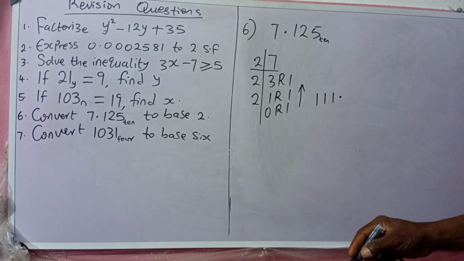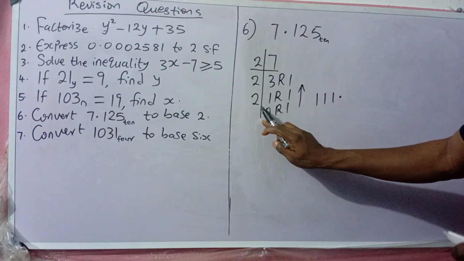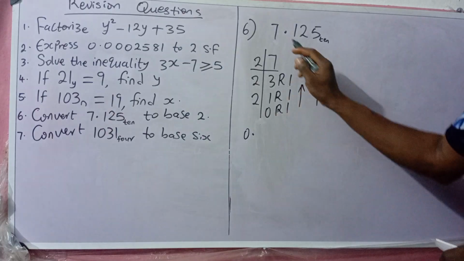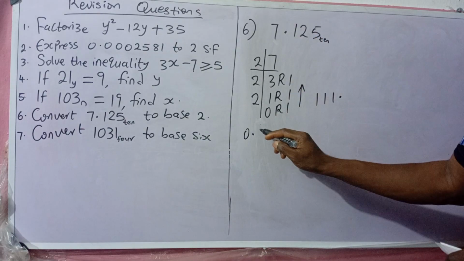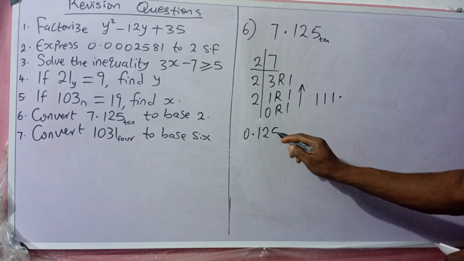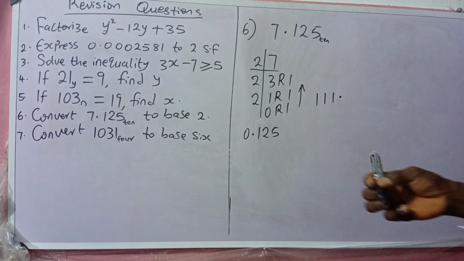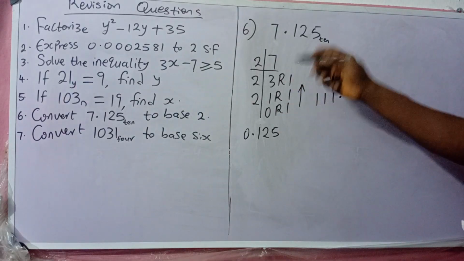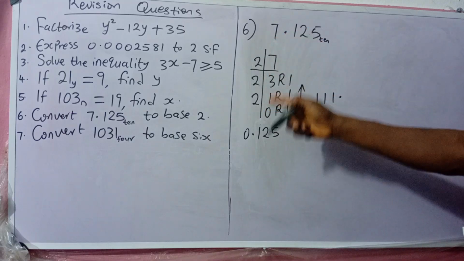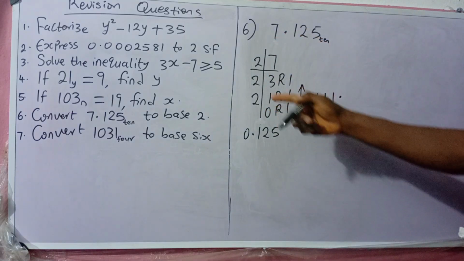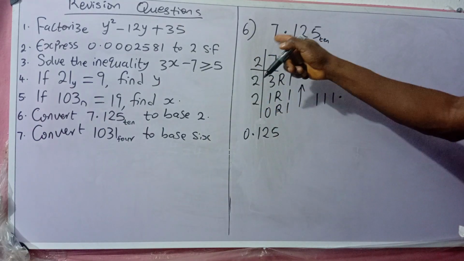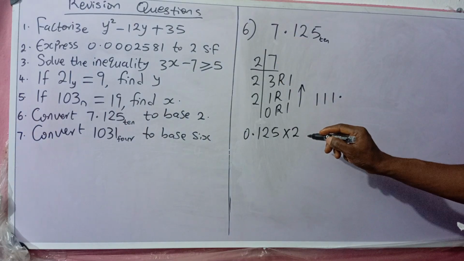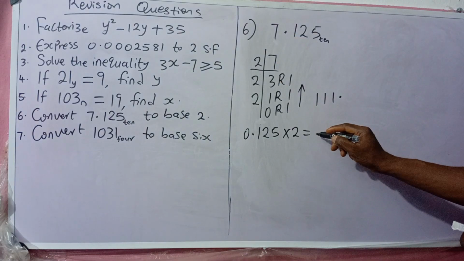Then we'll go to the decimal part, that is 0.125. Converting the decimal to base 2, the whole number you do this way, but for the decimal, you continue to multiply it by 2. Unlike this other one, where we divided by 2, here you multiply by 2. So when you multiply this by 2, that will give us